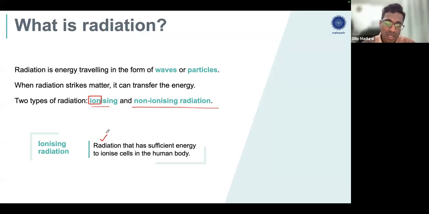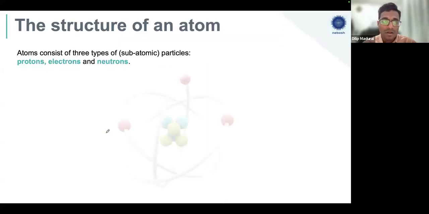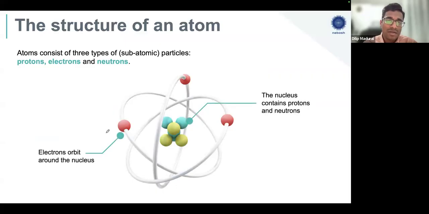So ionizing radiation is radiation that has sufficient energy to ionize cells in the human body. Ionize means a stable atom becomes a charged particle because of the energy from the radiation. Atoms consist of three types of subatomic particles: protons, electrons, and neutrons. Any matter consists of these atoms. The neutrons are neutrally charged particles. So when an atom loses or gains an electron, then it becomes charged, and we call that an